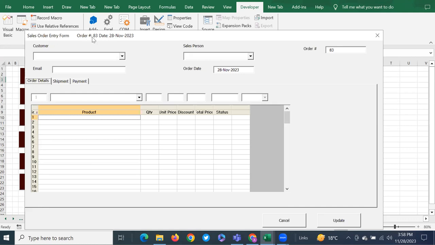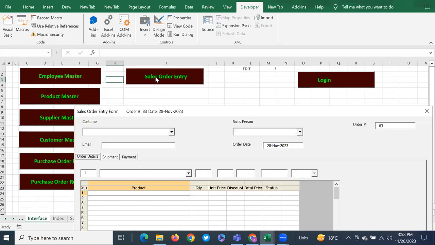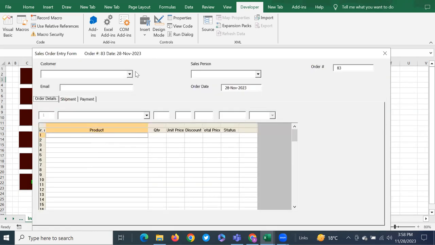When you click a button in Excel, on the click event it is mentioned to load this form, the sale order entry form. When it is loaded, the form initialize event is triggered and it initializes this combo box, for example,